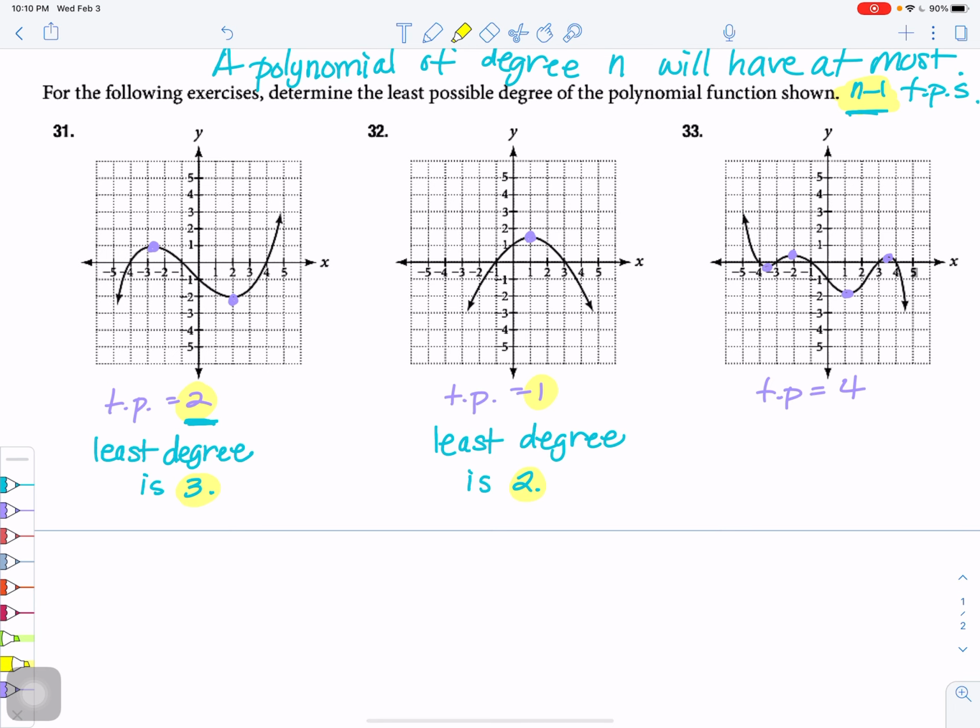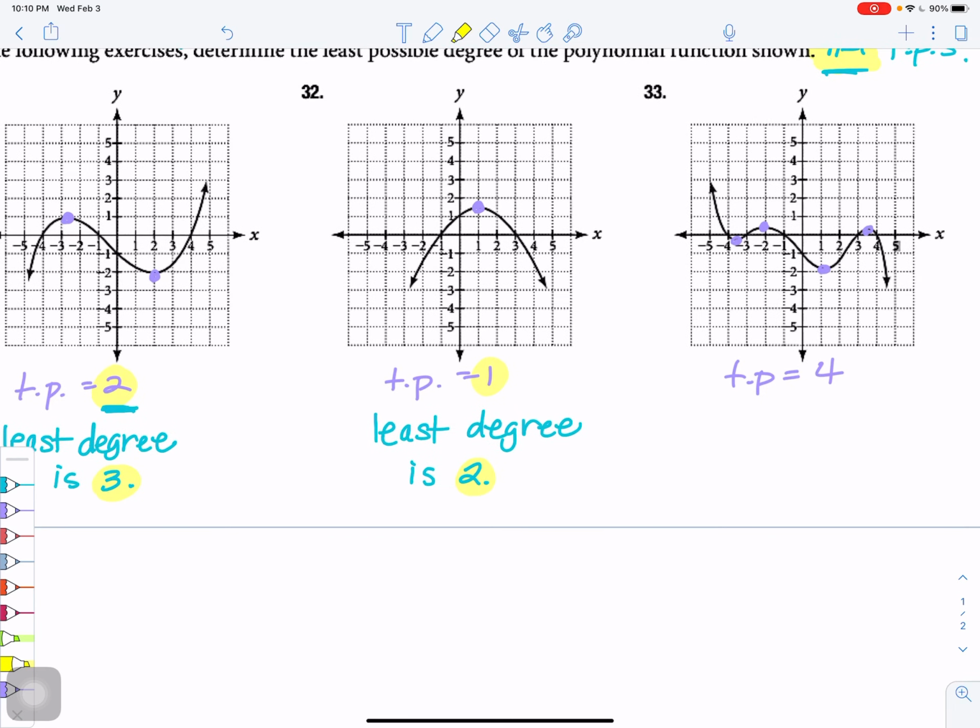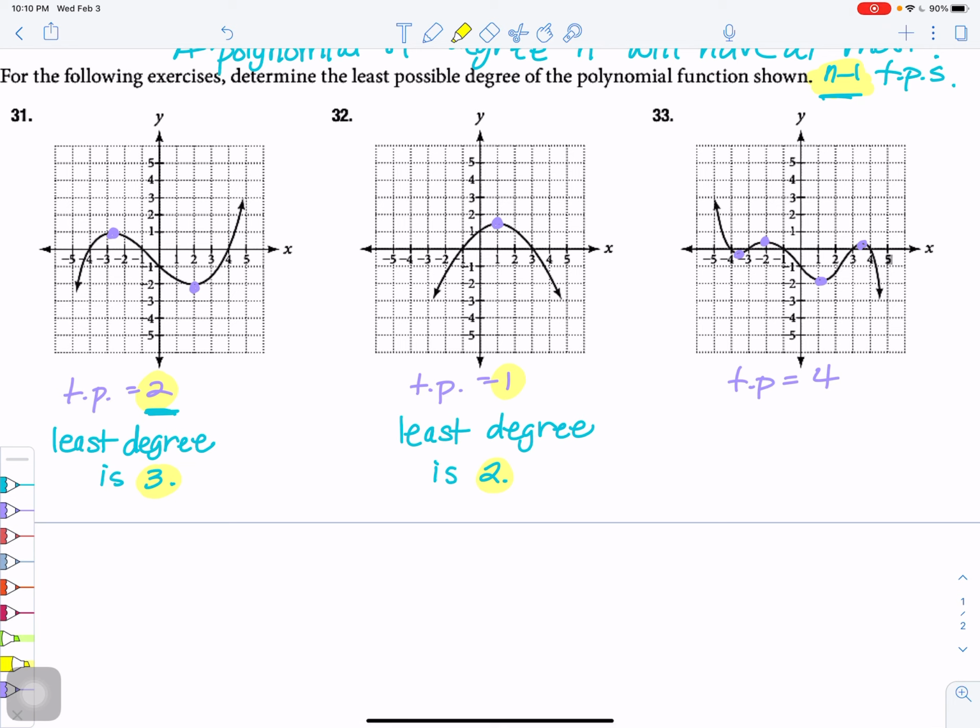So we're subtracting the degree from the turning points. Or you could say you're adding 1 to the number of turning points. So the least degree, add 1 to the turning points, is 5. And that concludes this first part of